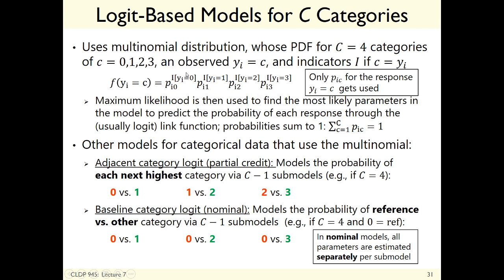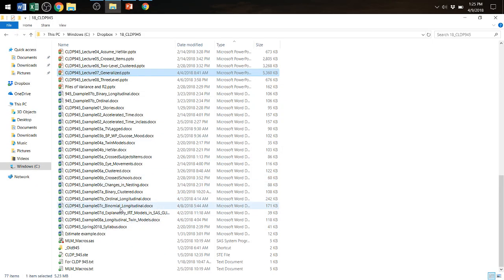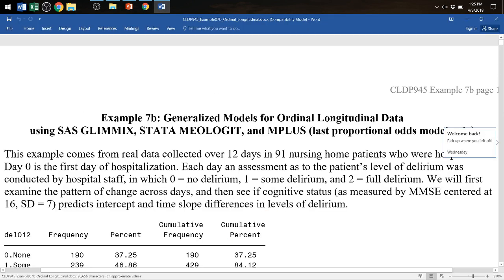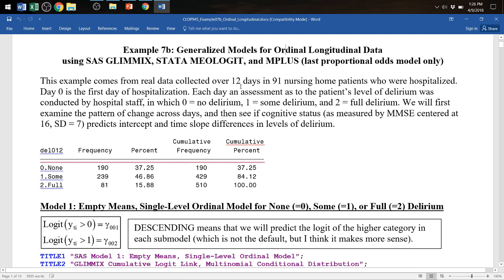So any questions on the setup? All right, so let's look at the example that we were doing last time then. So before I dive into that,